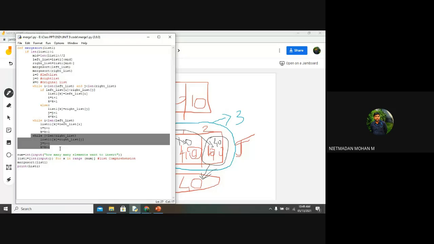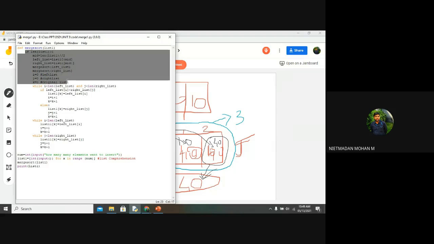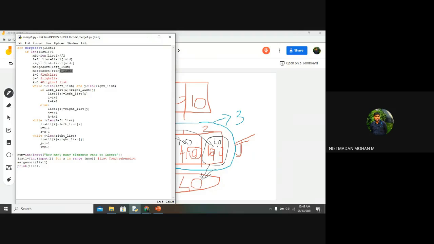Anyhow, we want to write two programs also to check these things. Have you understood this? So this is the first thing we have done, to merge the list, and the same process is repeated till a single element remains. By using floor division and the recursive function, we have split the elements.